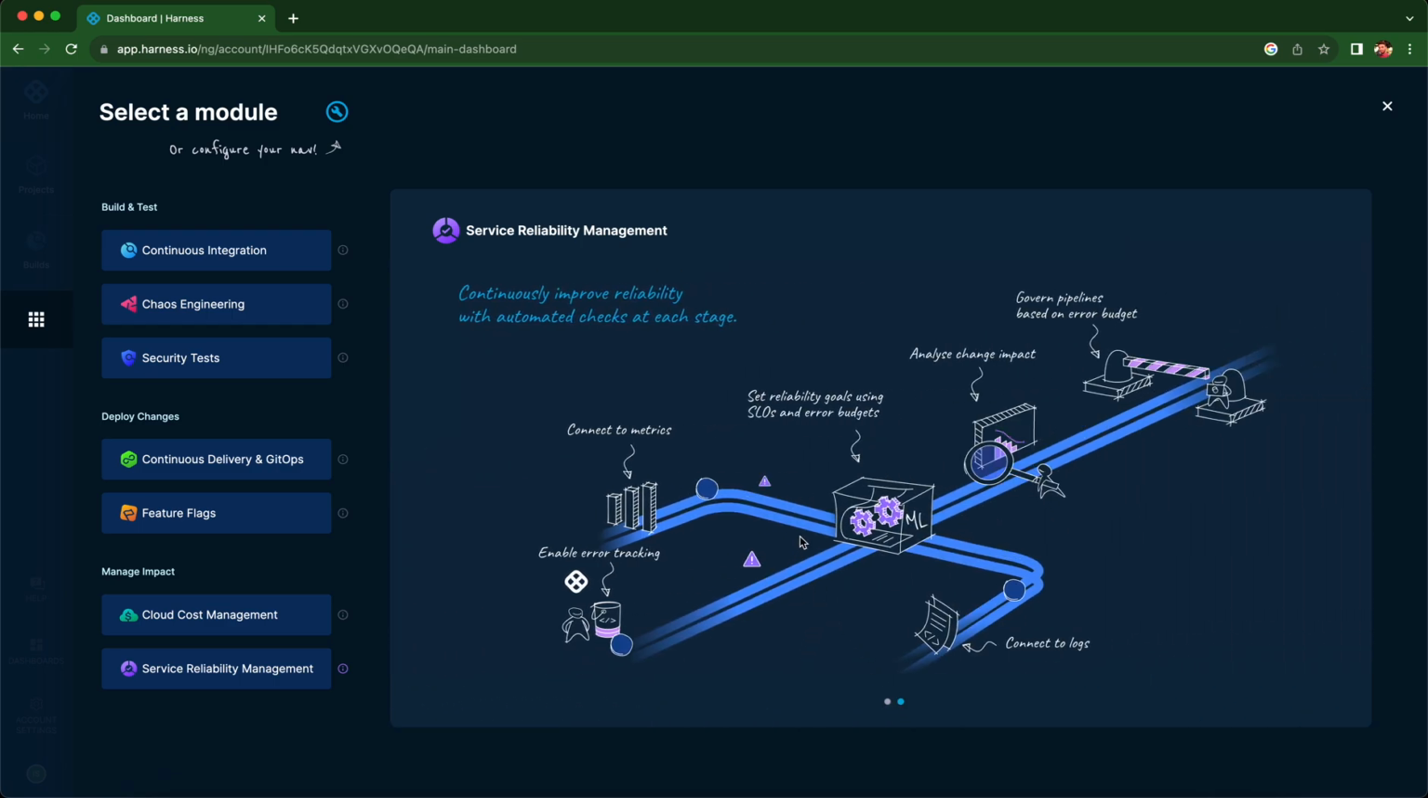So these are the different sets of features available on Harness, and in the coming videos I will be explaining in detail how to play with these features. And yeah,